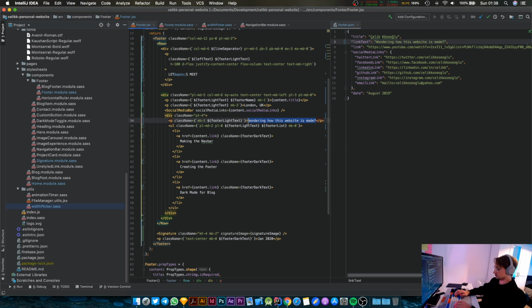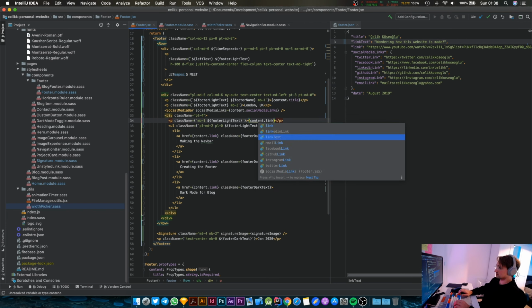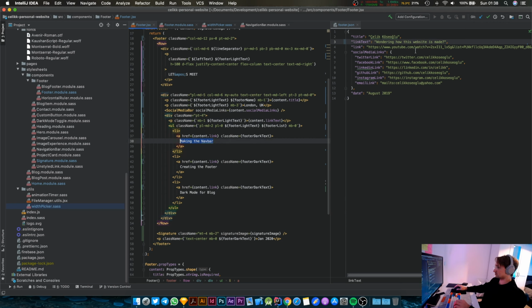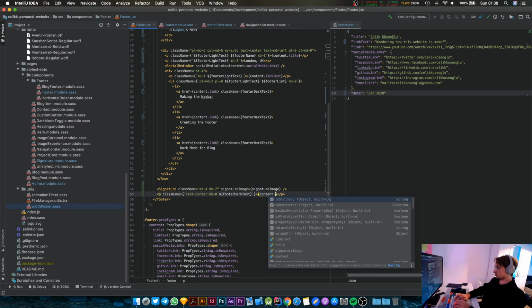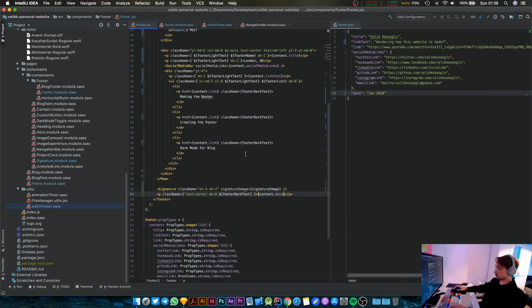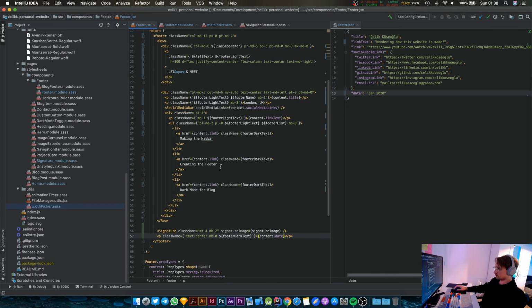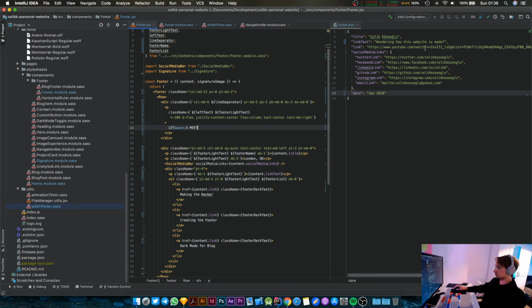We're going to remove this part and replace it with content.linkText. All right, and we have to add a few more values there. Oh yes, we are obviously using the date. This is the date. We're going to change this to January 2020 now. And here we're going to have content.date. Cool. Okay, we're going to have to add strings for these ones, but let me see. We've used that part. We haven't used that one, so we're going to replace this with